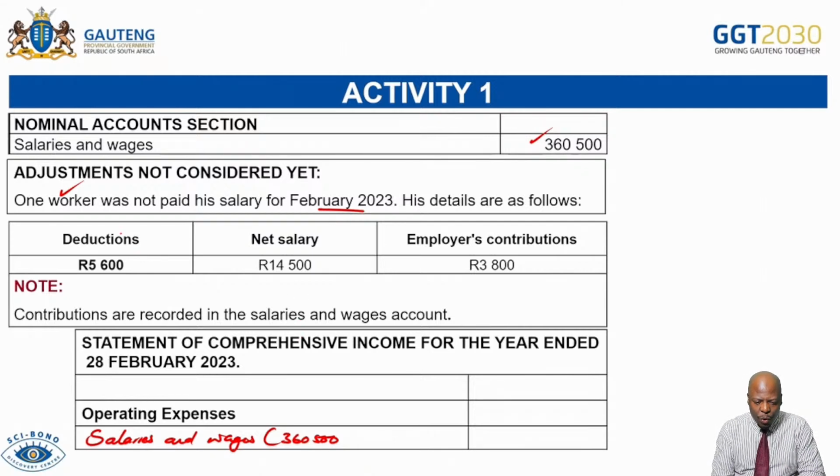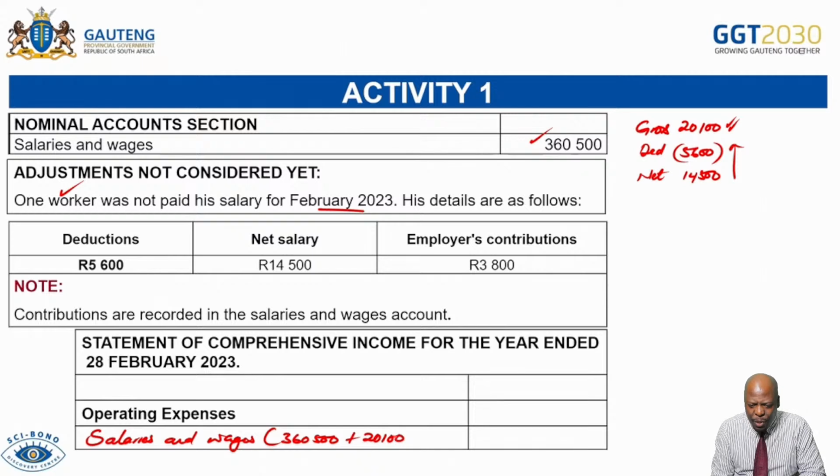It is very important to note that if I have my gross salary and then I subtract deductions, my deductions in this case is 5.6, and then I will get what is called net salary, which is 14,500. So if I want my gross, it's simple, I just go all the way up. I'm going to say 14.5 plus the 5.6. That is going to give me 20,100. So this becomes 20.1. That is my gross, and that gross salary we take to the income statement. So I'm going to come here and say